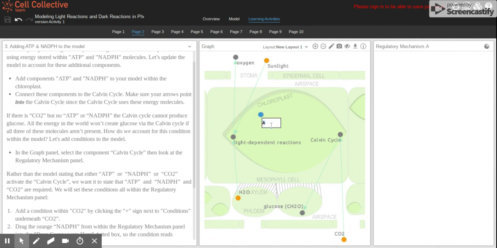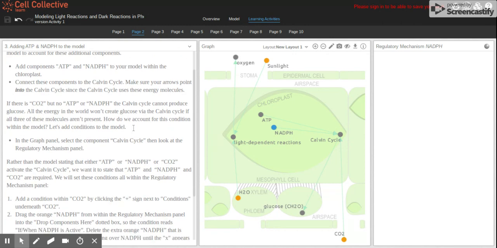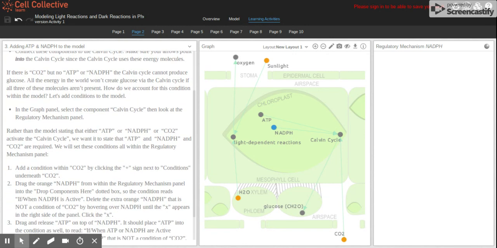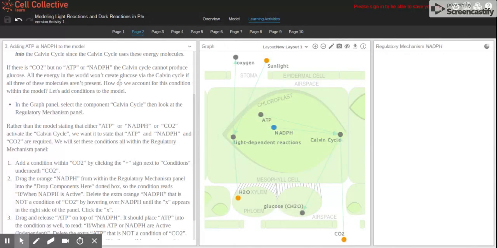Okay. So I'm going to double click here. And I'm going to add ATP. And I'm going to double click and add our NADPH molecules. Okay. And so now we're going to connect these components to the Calvin cycle. Okay. So these bad boys go into the Calvin cycle. Okay. If there is CO2 but no ATP or NADPH, the Calvin cycle cannot produce glucose. All the energy in the world won't create glucose via the Calvin cycle if you don't have all three of